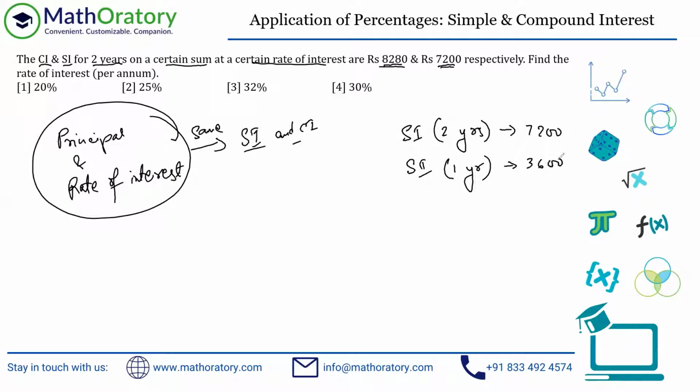That is the essence of simple interest, right? It is calculated over the principal always. And since the rate of interest doesn't change, so the simple interest should always remain constant, right? It's always calculated on the same principal. So it should be equally distributed. So 7200 will be 3600 for each year. Okay, so what are we looking for? Find the rate of interest.